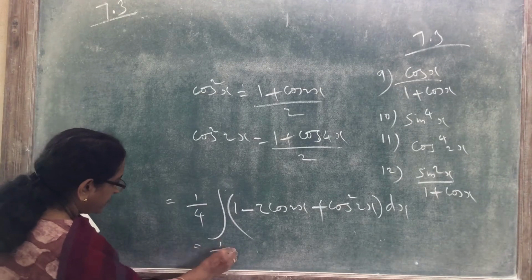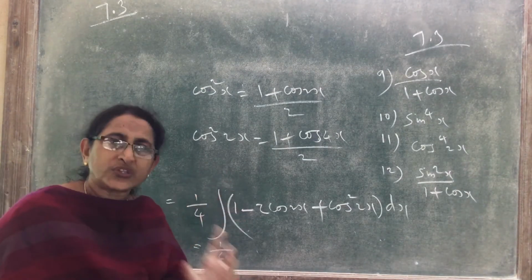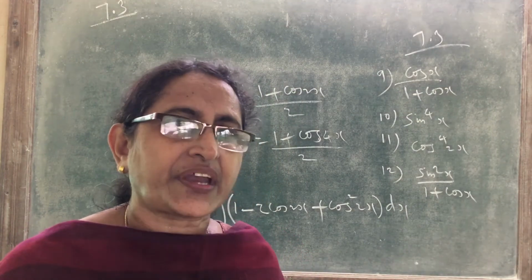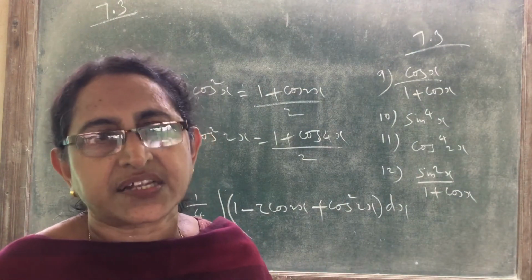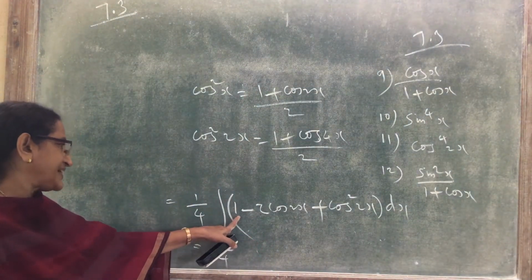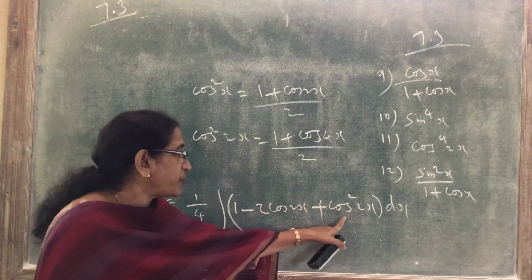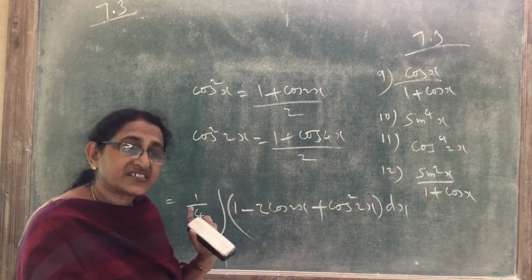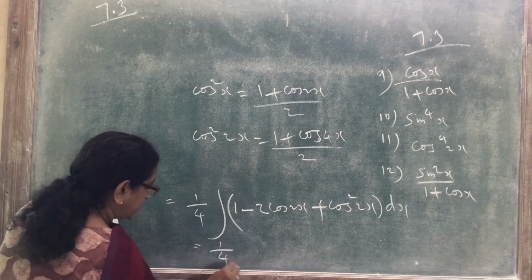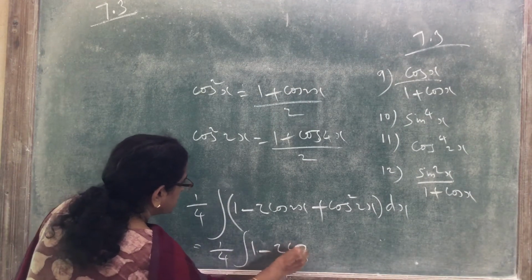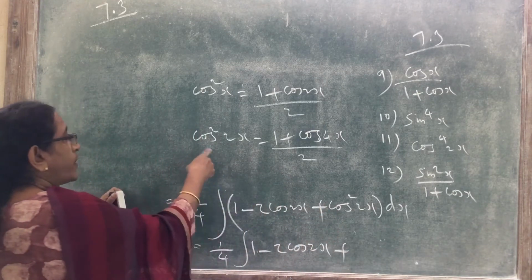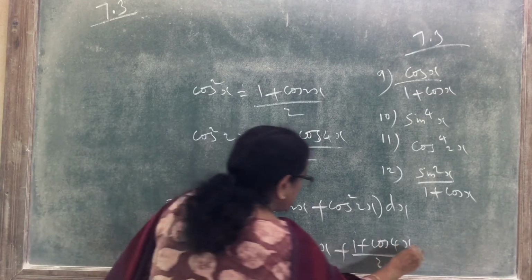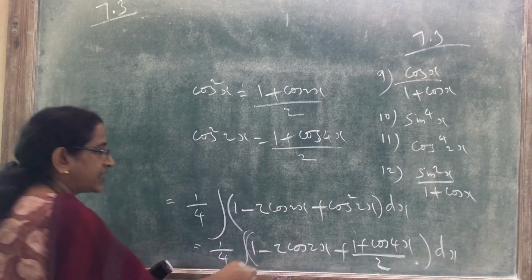So that is equal to 1 by 4 into the integral. When you do the integral, we can do it together for all the terms, so make all the terms ready for integration, then we can find the integral. That is why we are not writing the integral now, because this also we want to make into another form, then only we can integrate. So the integral of 1 minus 2 cos 2x plus cos^2 2x, which is (1 plus cos 4x) whole divided by 2, then dx. Now we can find the integral of all the terms.